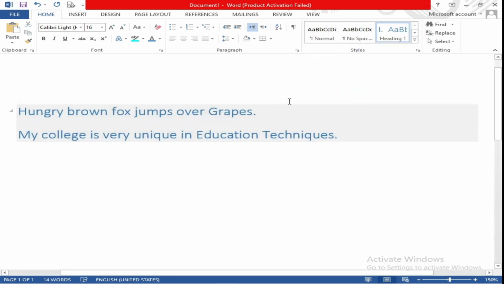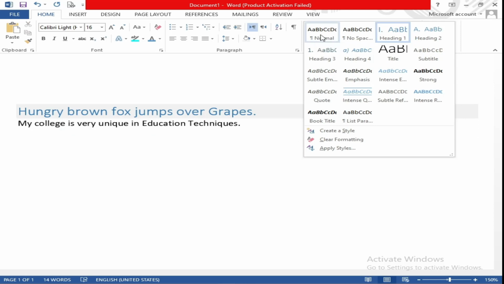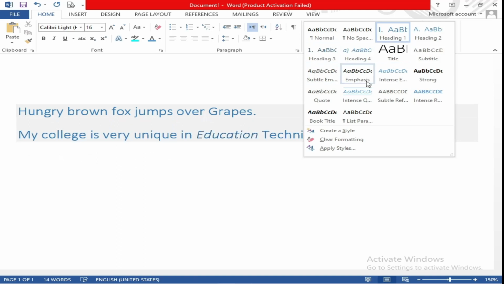But if you do not select this, it will automatically assume that the upper line is the title. And as you can see, the upper line is in large size, and the lower line is in small size. You can change it from here to any style you want.